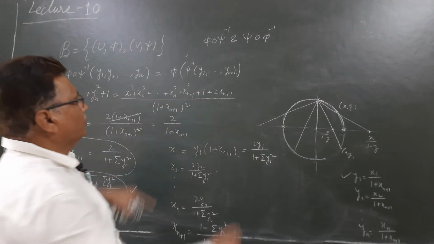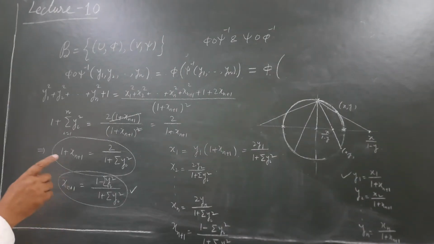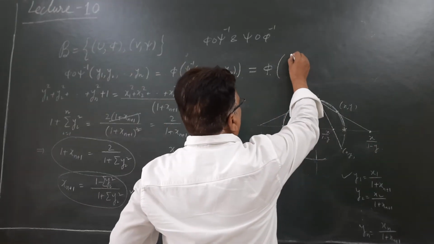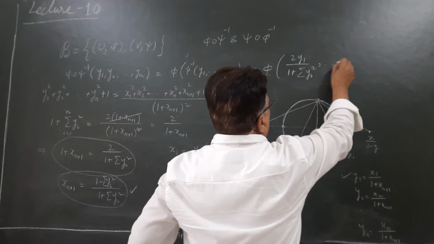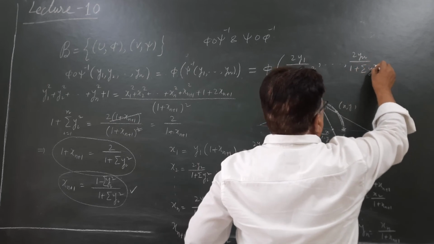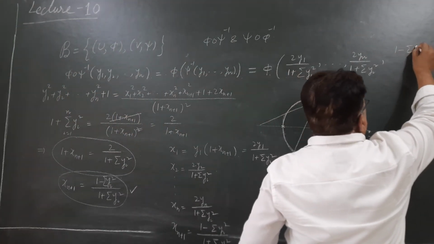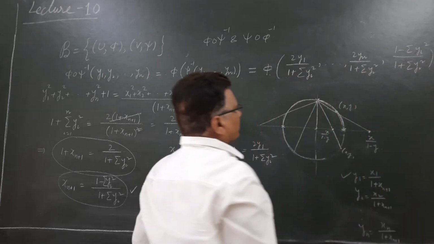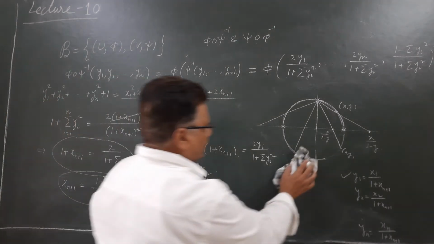यहाँ पे थे हम ना, तो ये यहीं पे कंटिन्यू कर जाइए आप। फाई ऑफ साइन इनवर्स ऑफ y1 y2 इज x1 x2 x_{n+1} तक, तो ये हो गया, यहाँ से शुरू करिए 2y1 अपॉन 1 प्लस समेशन y_i स्क्वायर एंड सो ऑन, 2yn अपॉन 1 प्लस समेशन y_i स्क्वायर, और x_{n+1} तक जाना है तो वो ये है 1 माइनस समेशन y_i स्क्वायर अपॉन 1 प्लस समेशन y_i स्क्वायर। अपनी आसानी के लिए आप 1 प्लस समेशन y_i स्क्वायर कॉमन भी ले सकते हैं, या नहीं चाहते तो रहने दीजिए।